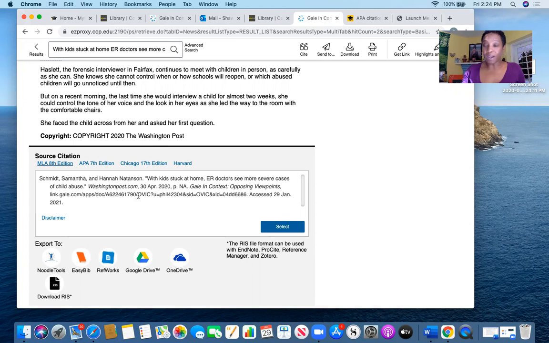Again, you can find the Washington Post and the New York Times on this search engine because they are credible sources. We just want you to come here first. All right, so I'm going to stop my share. That's pretty much it. You want to just take your time with this.